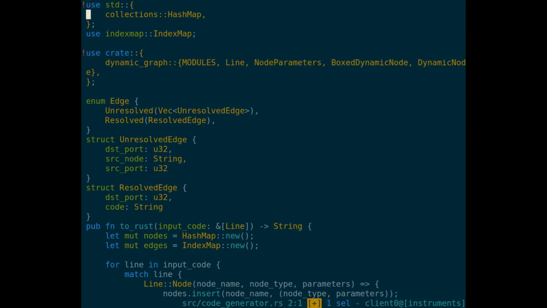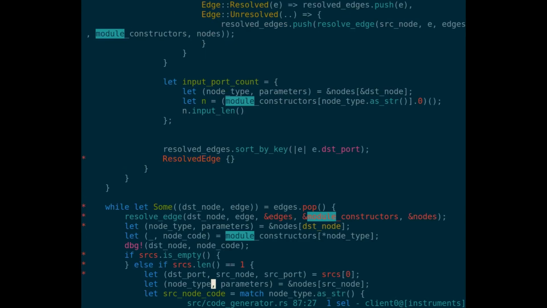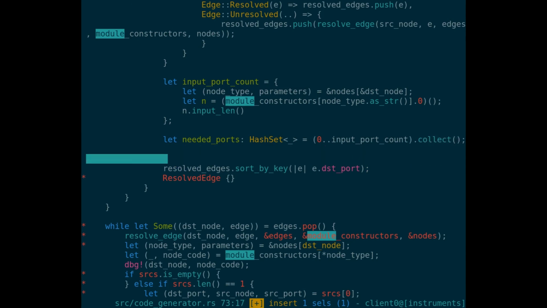No, I am going to do this. Okay, so the set starts with all the ports it needs. And it's going to be 0 to input count. Okay, so I build that set, and then I'm going to go